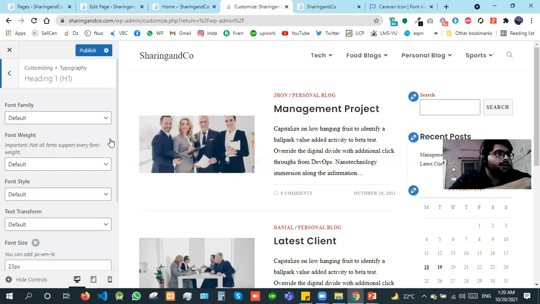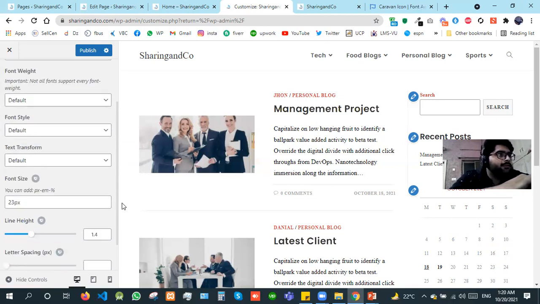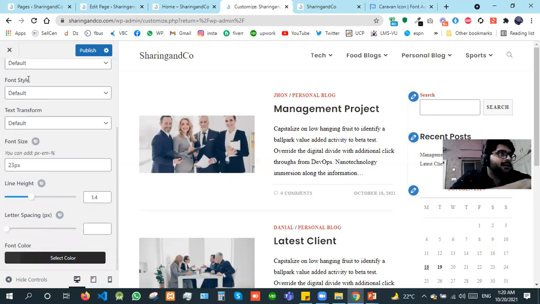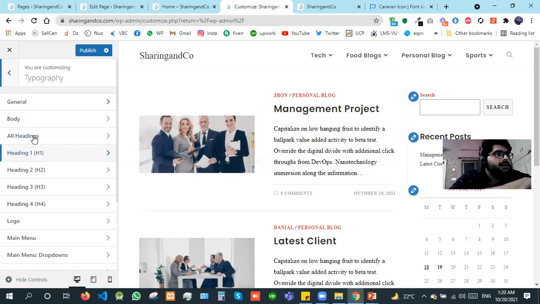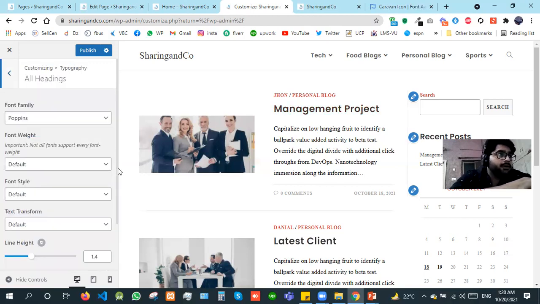Okay, so the rest of the settings are the same: font weight, font style, text transform, font size, line height, letter spacing, and color. Suppose this has the effect of red, and I don't want it to be red. I want it to be any other color. So what I will do is,